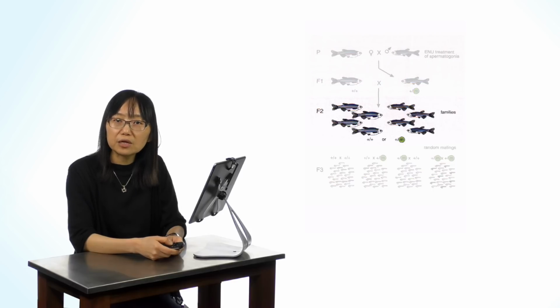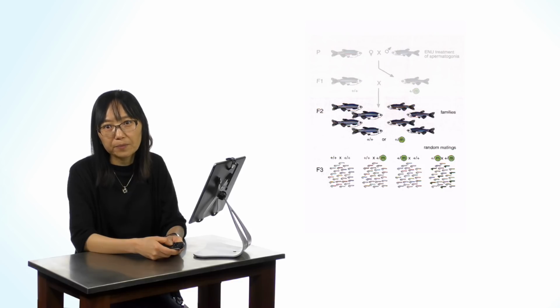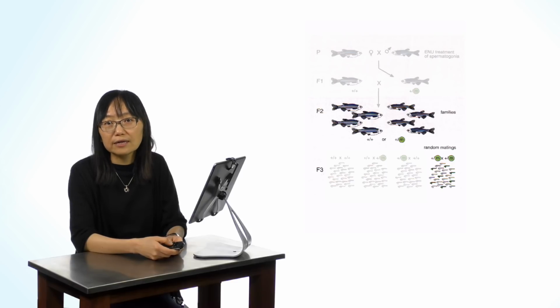Now, if we randomly cross F2 fish to each other, we expect that 1 out of 4 crosses will be a heterozygous male crossed to a heterozygous female, and 1 out of 4 of their progeny will be genotypically homozygous for the mutant allele. We can then examine their phenotype to determine whether this gene is involved in the regulation of